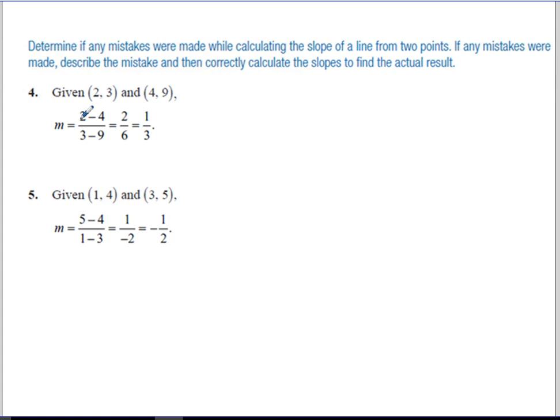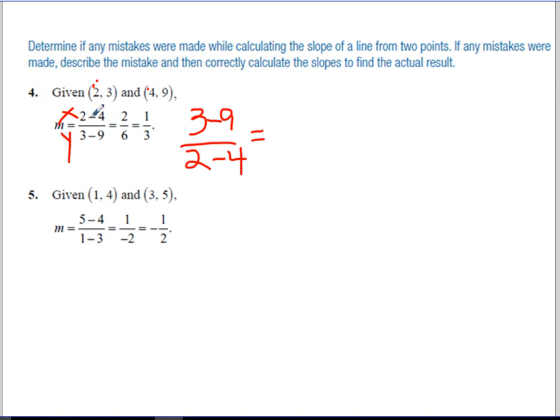So on the top we have 2 minus 4. They did x minus x. These are x's, not y's. We're supposed to do y over x. And so we can keep that order and we'll do the 3 minus the 9 over the 2 minus the 4. So they just reversed it. So they did the reciprocal. And so if we flip that, we're going to get,